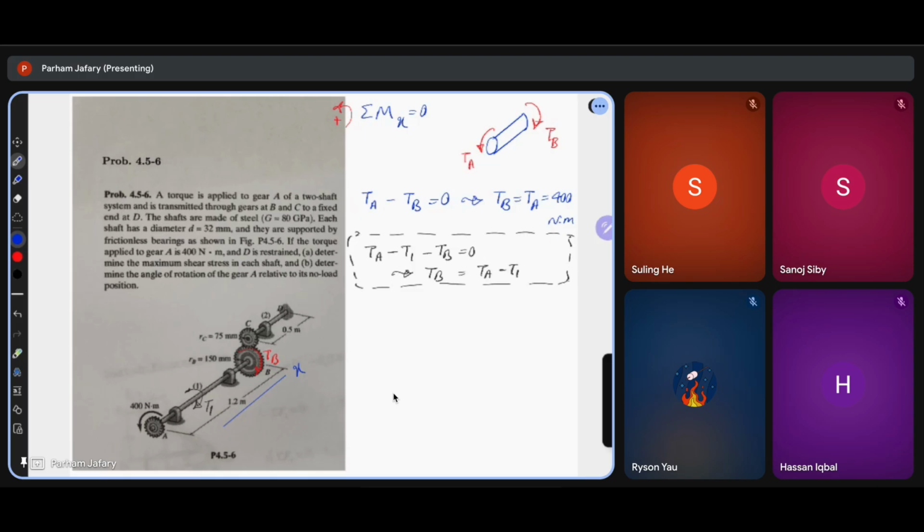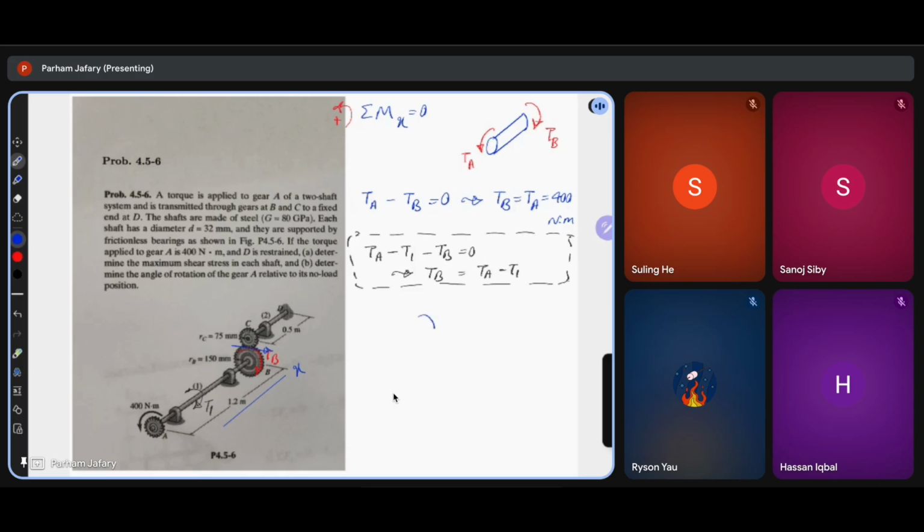What is next? Now we need to relate TC to TB by analyzing the gears that mesh them together. So I don't know if you guys have passed mechanics of machines or not. Have you guys passed that? No? So between the two gears,